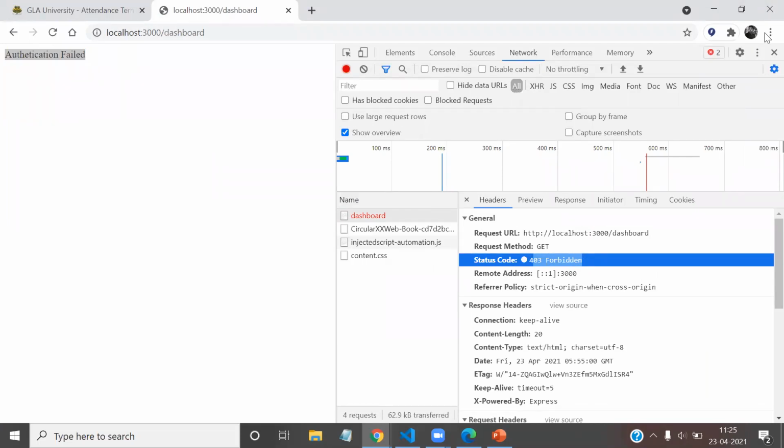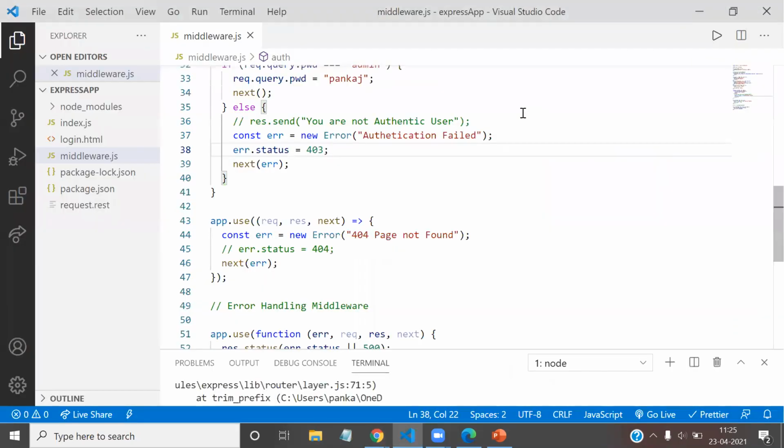Okay, now let us discuss the fourth kind of middleware, which is called built-in middleware. In the built-in middleware, we are using the middleware that is provided by Express. Here I'm trying to access some resources that are static resources.